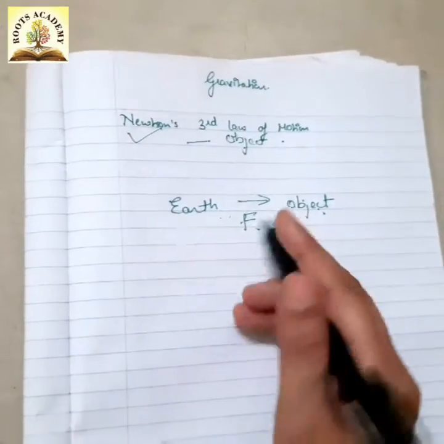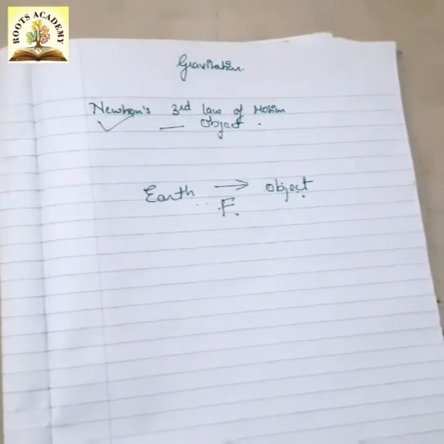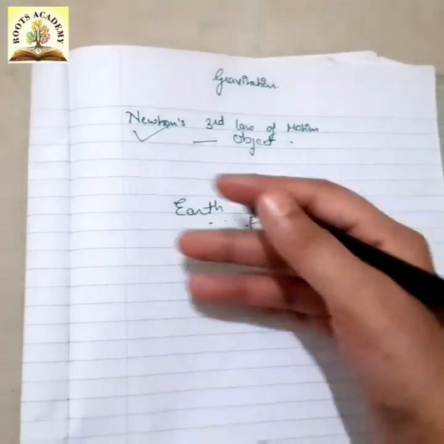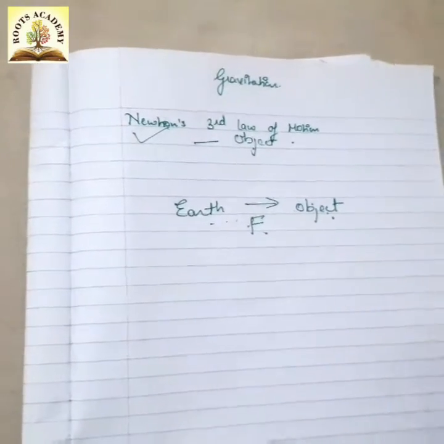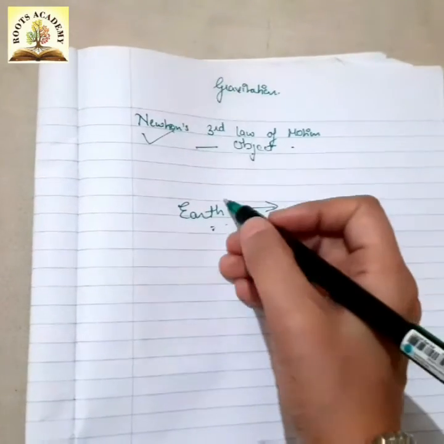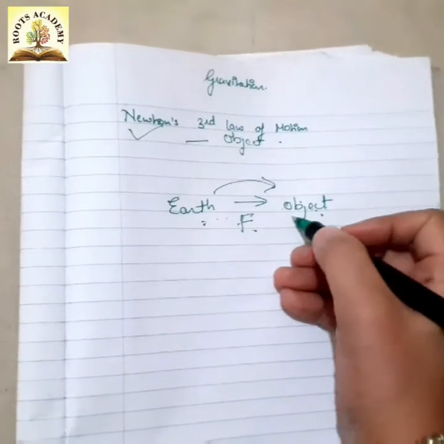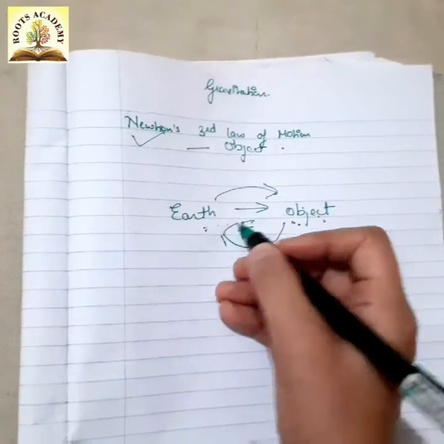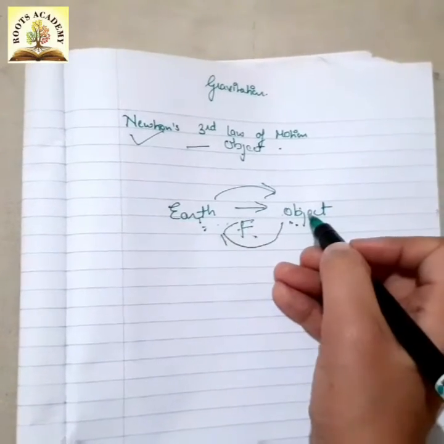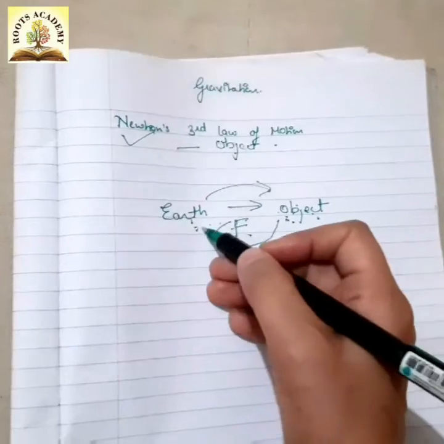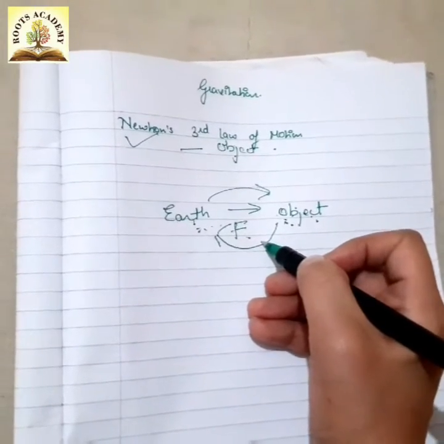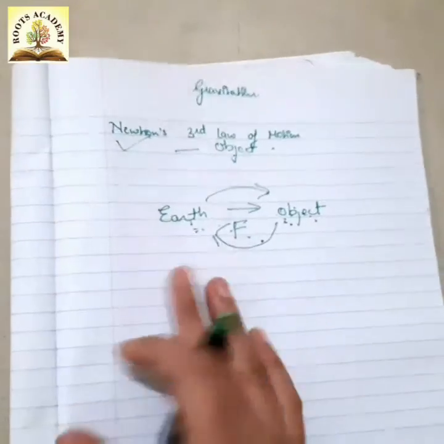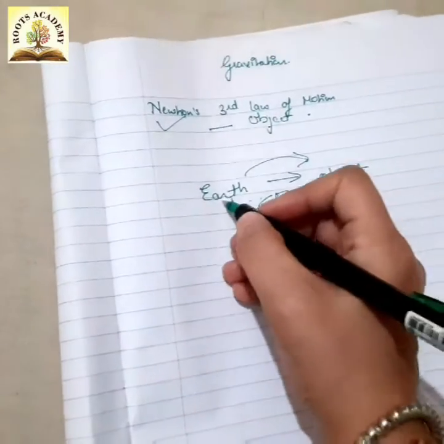So we know the concept that there is a force attracting each other. In the gravitation chapter we know that the earth attracts all the objects in our surrounding. So when the earth is applying a force on another object, similarly the object is also applying an attracting force. Like the earth is attracting this object, then obviously the object is also attracting the earth. According to this law, then why is the earth not moving toward the object?